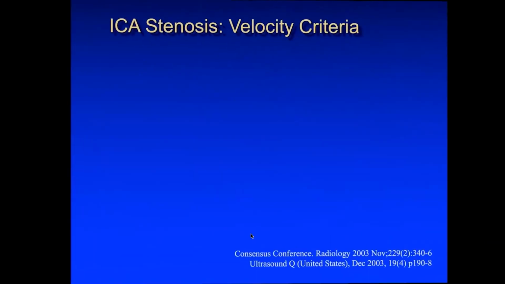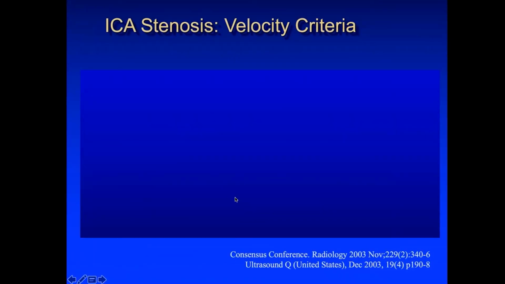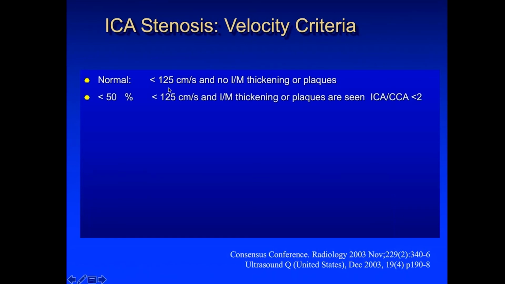Those are tiny numbers here. Let's move to another slide where we can see the numbers better. So if you have a carotid artery, internal carotid artery, with no plaques, and the velocity is less than 125 centimeters per second, this is normal. If you have a plaque, and the velocity is still less than 125 centimeters per second, and the ICA-CCA ratio is less than 2, this is a mild